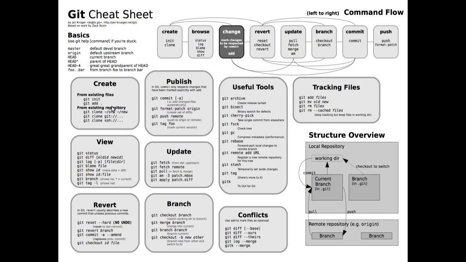Now let's see these commands one by one. In the previous video we already saw how you can use git init for an uninitialized project, or if you want to start a project fresh. Now we'll see how we can use git for an already available project. Let's say you have one website and you want to put that complete website in git. Let's see how you can do that.